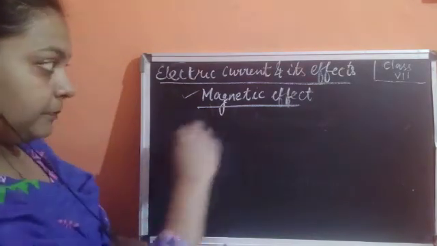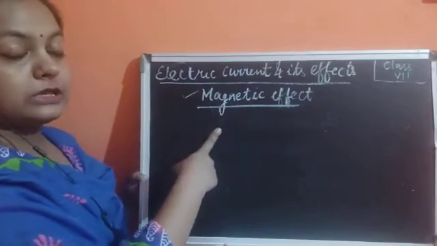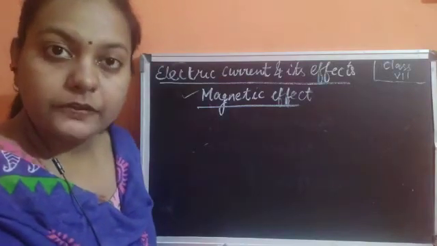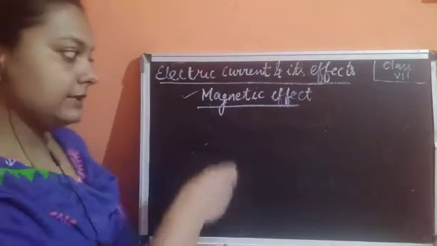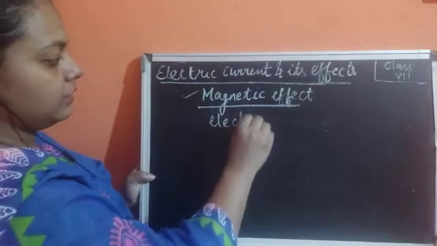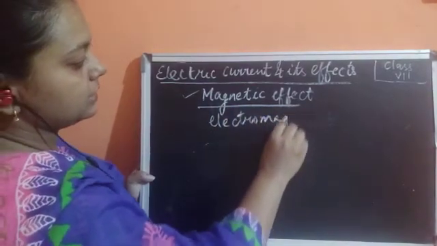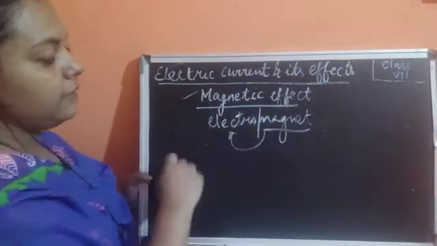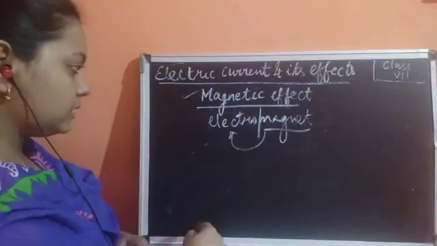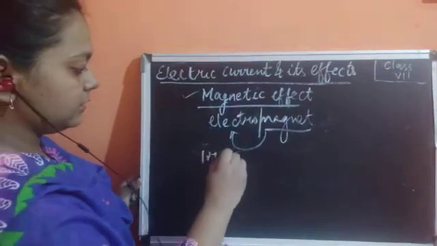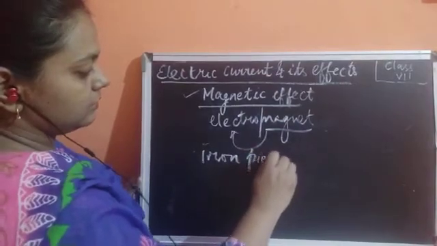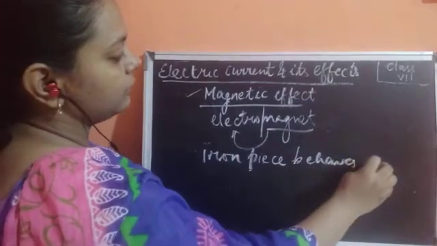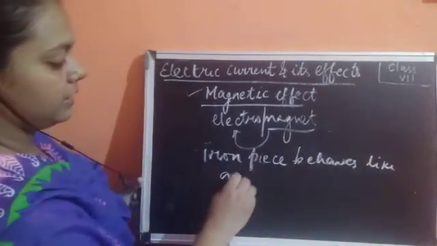And this magnetic effect is utilized in one device called the electromagnet. Now what is this electromagnet? As the name suggests, an electromagnet is a magnet which is produced with the help of electricity. It is an iron piece which behaves like a magnet